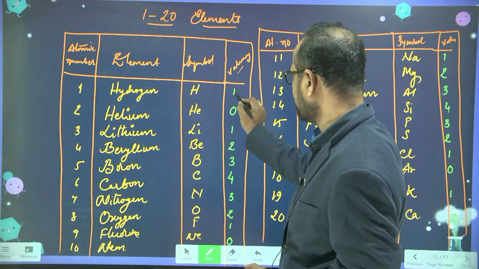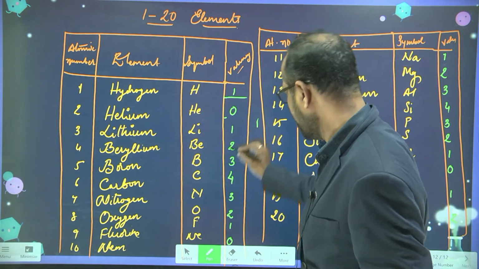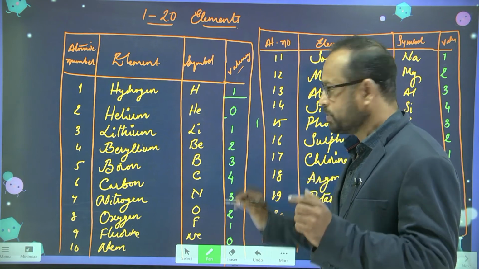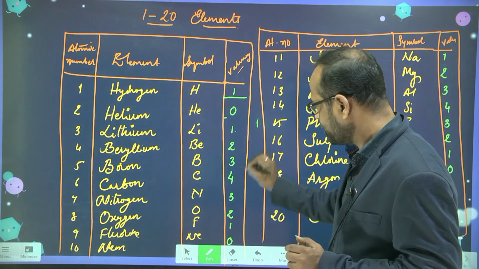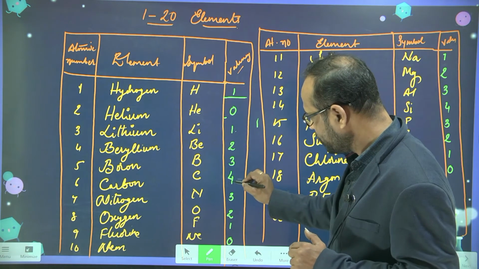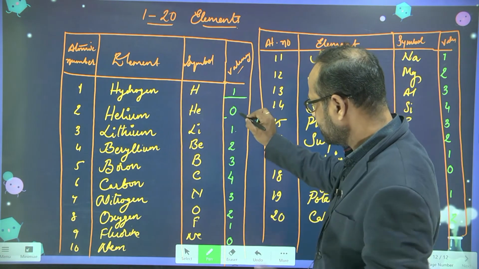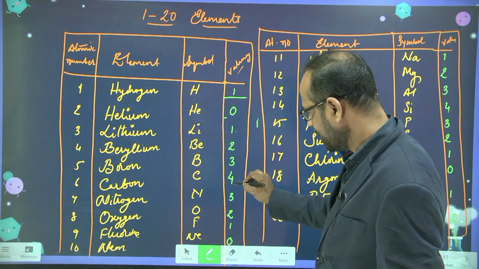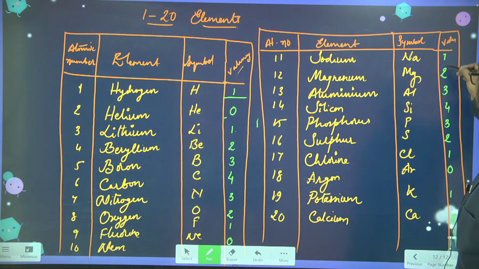So here you see hydrogen is 1, helium is 0, okay, so leave the hydrogen here, except hydrogen. Now you see, you know numbers 0, 1, 2, 3, 4. Now you are increasing 0 to 1, 1, 2, 3, 4. Then you see here 4 to 3, 3 to 2, 2 to 1, 1 to 0. Okay. So here what's happening? 0, 1, 2, 3, 4, here it is increasing, then 3 to 1, 0, it is decreasing. Similarly, you can see here 1, 2, 3, 4, then 3 to 1, 0. Again 1, 2. Okay, students.